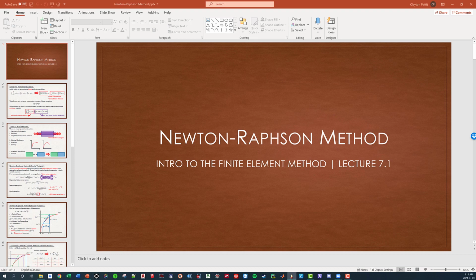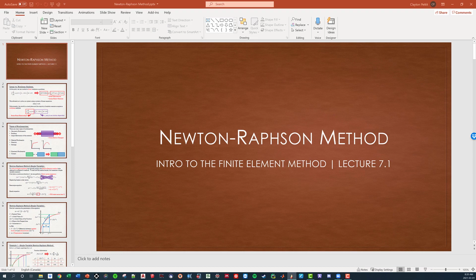If I were to give you a beam like this, and let's say it's exactly the same as your assignment, let's say that this right here is fixed, so nothing too crazy there. And let's say that I apply a point load over here. If this was kept as a linear analysis, you guys can all do this. This is not beyond your capabilities right now.